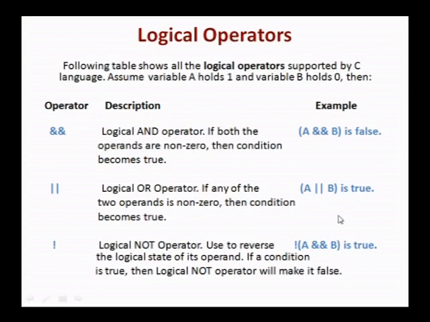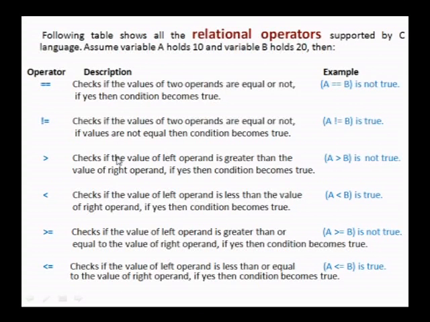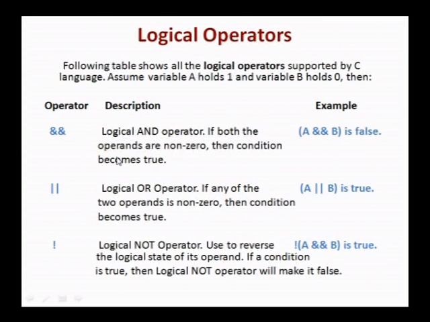In addition to the relational operators, we also have the logical operators that could be used in the conditions that we are going to use in the decision structures. The logical operators that are supported by the C programming language are the logical AND operator, the logical OR operator, and the NOT operator. The AND operator is denoted by a double ampersand symbol without any space in between, and the OR operator is represented by a double pipe operator,